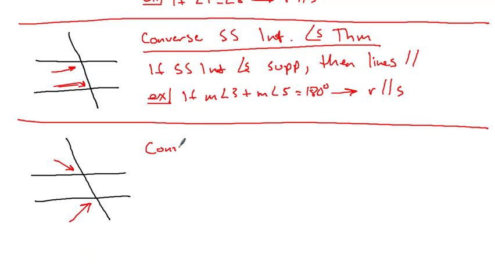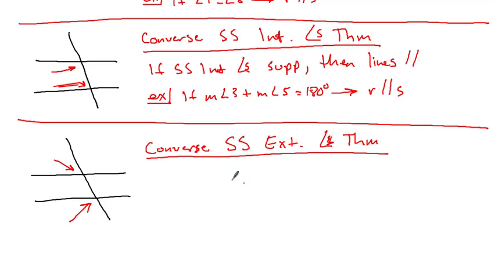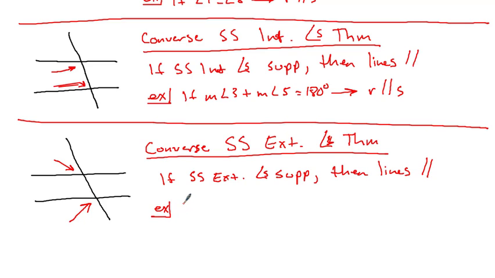So the converse of our same side exterior angles theorem says that if same side exterior angles are supplementary, then the lines are parallel. So again, in your work, you would see a picture, you would see a problem, and you would see